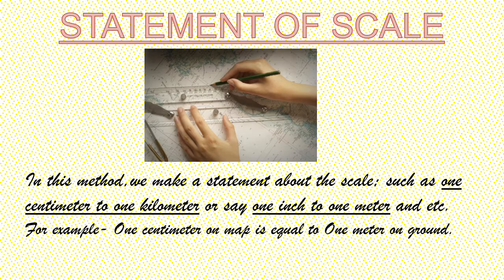It requires very little time to express this scale. It gives correct idea about the distance. It can be understood only by those who are familiar with the unit of measurement used. For example, if we say that the scale of a map is 1 centimeter corresponds to 1 kilometer, it would be understood by only that person who is familiar with the metric system of measurement. When a map is reduced or enlarged from the original, the scale does not remain the same. This creates a problem.